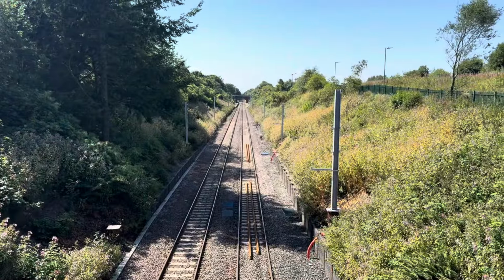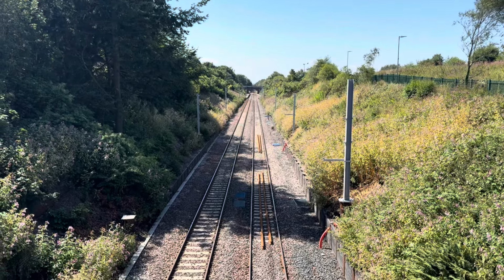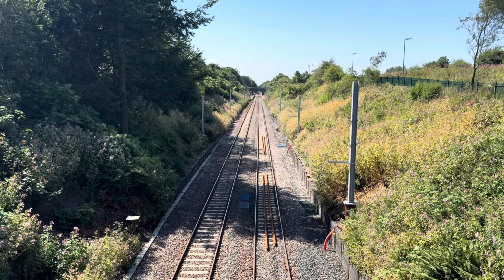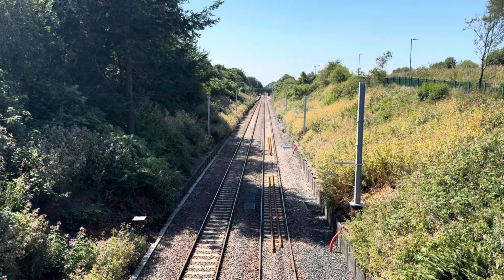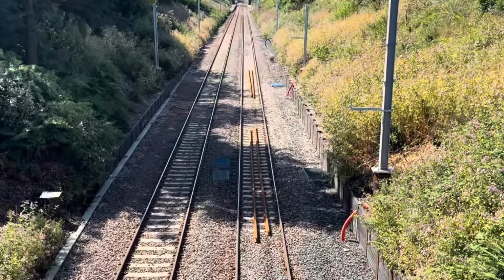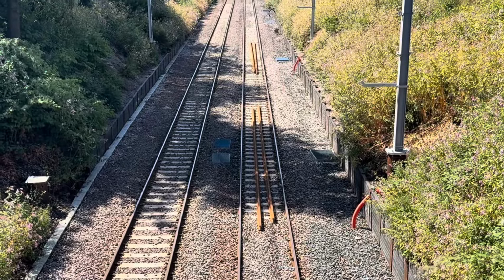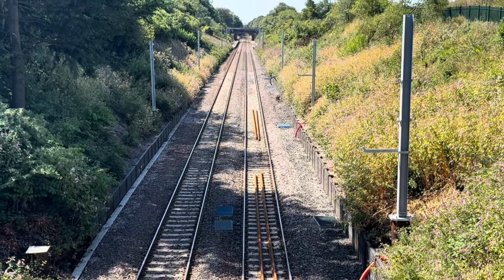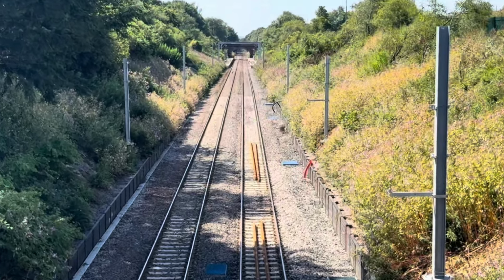So looking towards Westhoughton station now from the A6 bridge again. Now they did lower this section of track last year. Instead of heightening the bridge, they actually lowered the track down, so you can see it with the shadows. They put some drainage in there, because it does flood, but it did over last winter. Keeping that zoom in